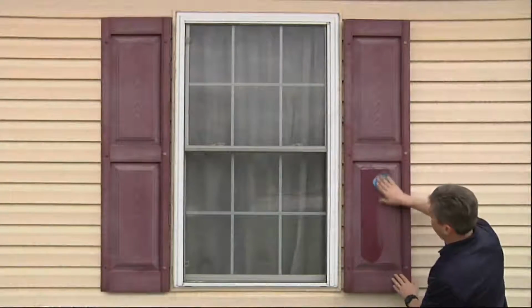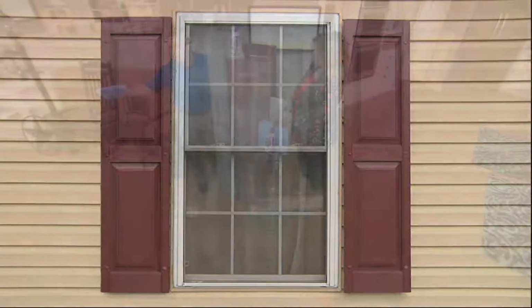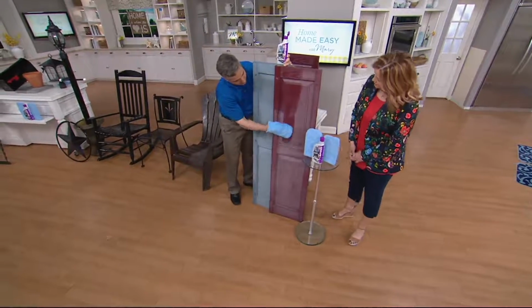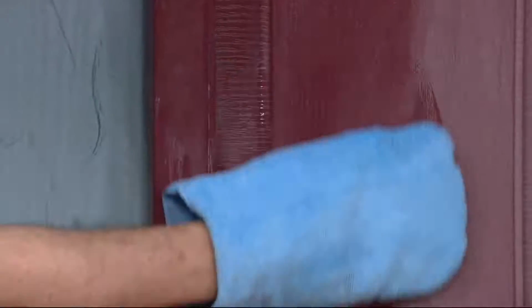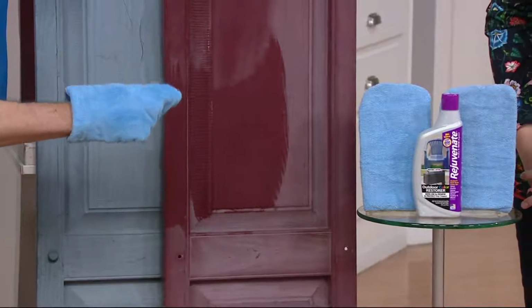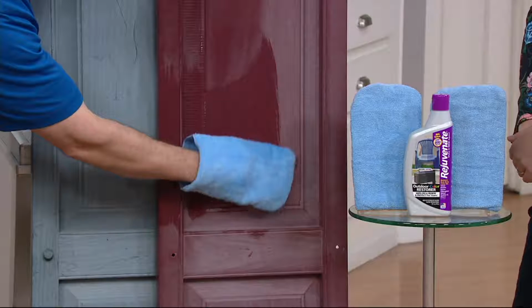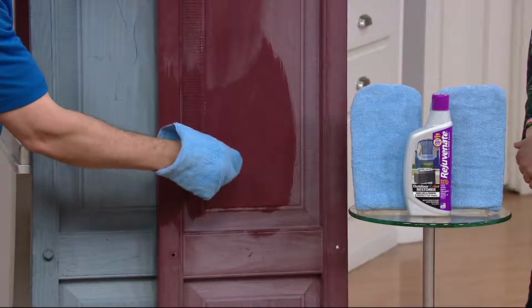Right. This one is the Outdoor Surface Restore, and I love that you start with the shutters, especially the ones we're seeing on the screen right now. That is exactly, and these are the same ones. They came right from my own house. And this right here is all you have to do to completely restore them and protect them from future damage. Just wipe it on. Now, what Rejuvenate does is it fills in scratches and scrapes, eliminates dull spots, seals and protects. But what the Outdoor does is takes it even a step farther, and now it penetrates all that oxidation that you're seeing right here, clearing it up and then sealing and protecting so that oxidation will never come back